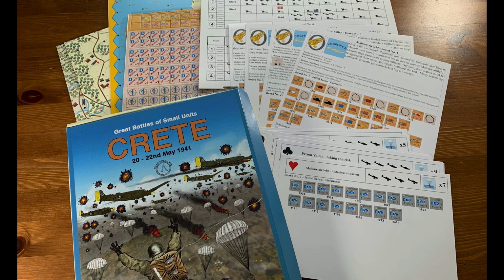Adam from Strategemata Games asked me if I'd be interested in looking at his Great Battles of Small Units. And as you can see in front of you, the game that I chose was Crete, the Fallschirmjägers' capture of the island in 1941. A rough overview: you get 4 A2 maps in the box, each one representing a specific